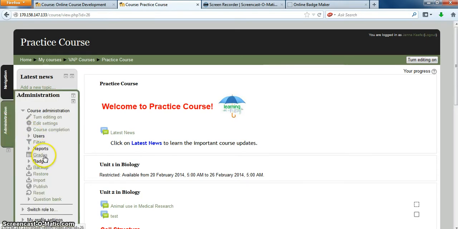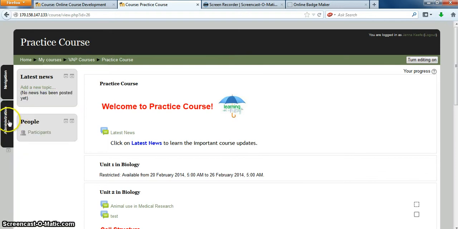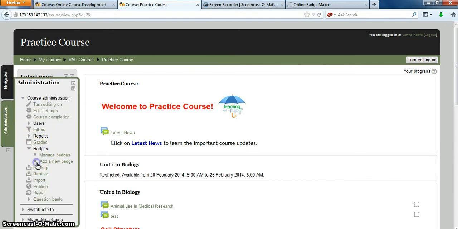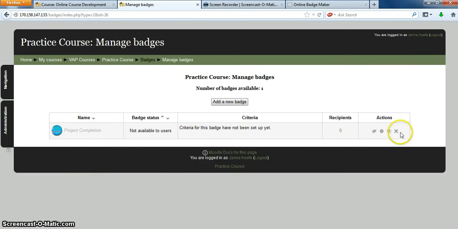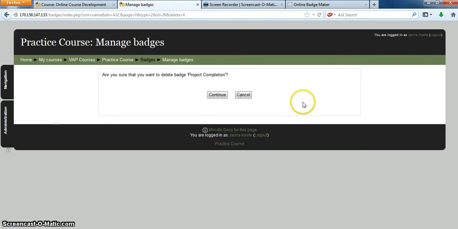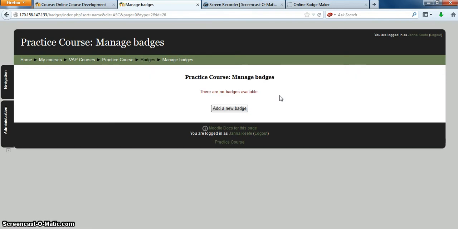reaching for those badges. So the way to do this is through your administration tab, and you go down to badges, click on manage badges, and I set one up before. I'm actually going to get rid of it to start from scratch. So we'll get rid of it first. Alright, so you're going to click on add a new badge,